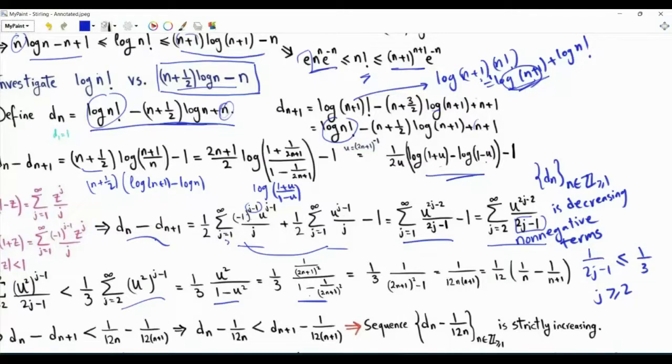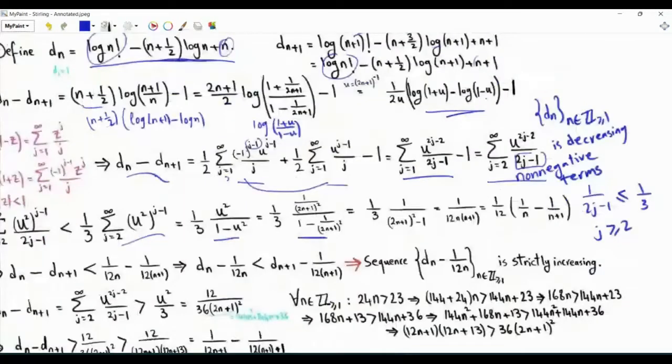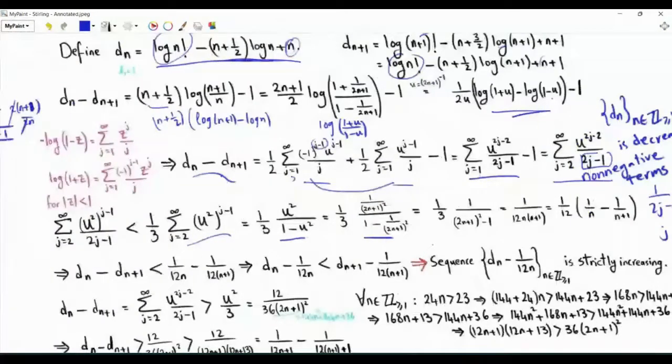And here is what we get when we use the relationship between u and 2n plus 1. u is the reciprocal of 2n plus 1. And we will get that basically this upper bound is 1 over 12 times n plus 1. And 1 over 12 times n plus 1 can be written as 1 over 12n minus 1 over 12 times n plus 1. So this is a very nice upper bound on the difference dn minus dn plus 1. And the reason for this is that we have a term that depends on n and another term that depends on n plus 1. And so what we can do is take this term with dn,